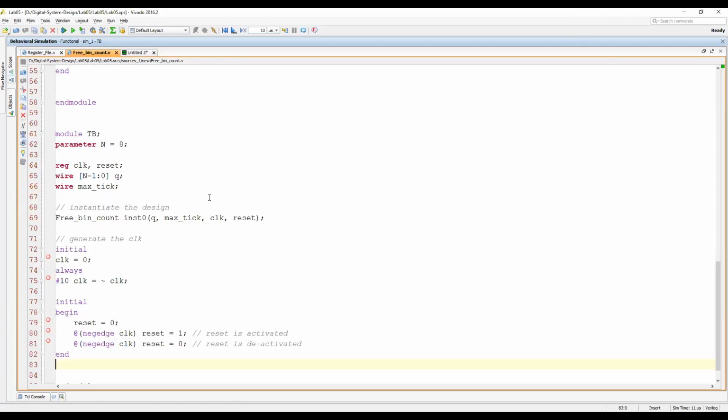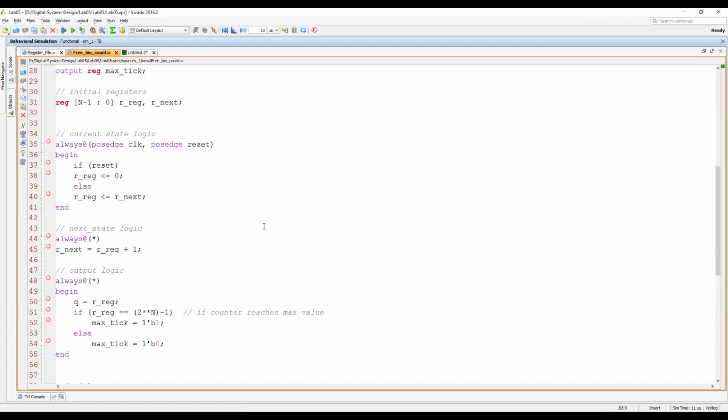Yes sir. This one? Yes sir, he wanted to see the counter code. Okay, I think I'll share it on the code share so everybody can see it and they can use it also.